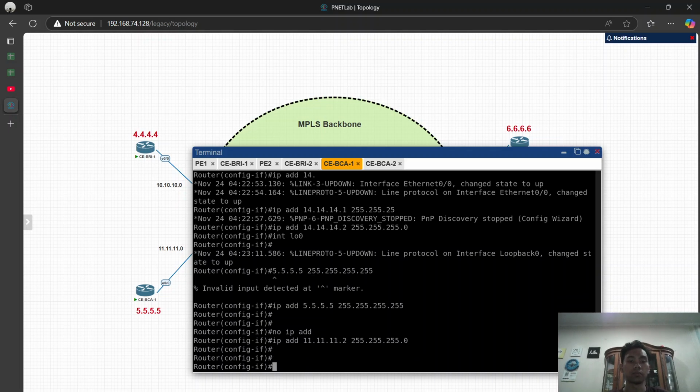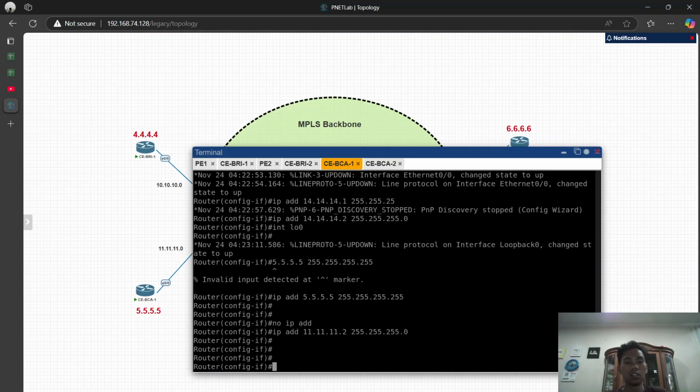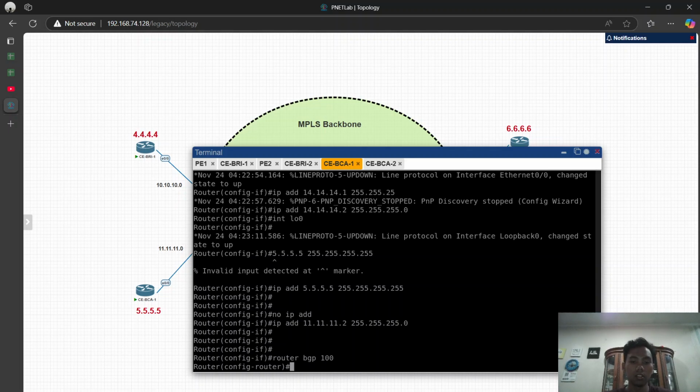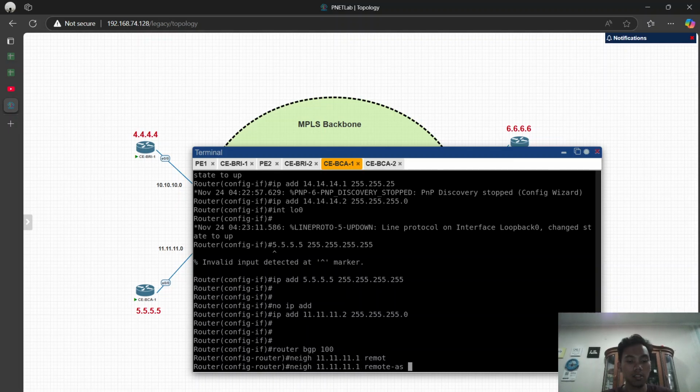Okay, so we're gonna set the router BGP 100. Neighbor 11.11.11.1, remote as 65000, because in the router PA1 the BGP is BGP 65000.